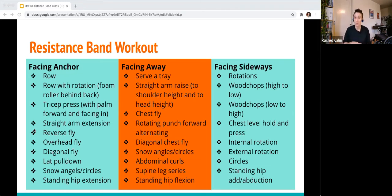each exercise. You can then superset these so that you're not having to face toward the anchor. So when I say facing sideways, facing forward, I'm talking in reference to the band, in reference to that anchor point in your door, so that you're not having to go one set facing forward, one set facing back, and switching back and forth. You can do all of the exercises facing toward the anchor, all of the exercises facing away from the anchor, all of the exercises facing sideways. But it doesn't mean that if you want to keep that session fluidly moving, you can still, it's what we call superset your repetitions, your